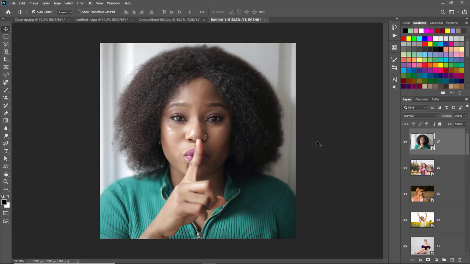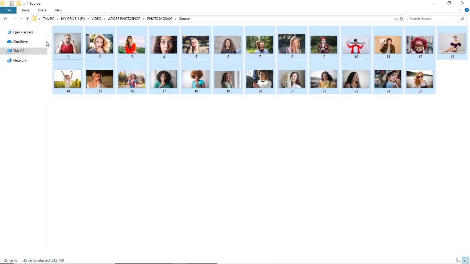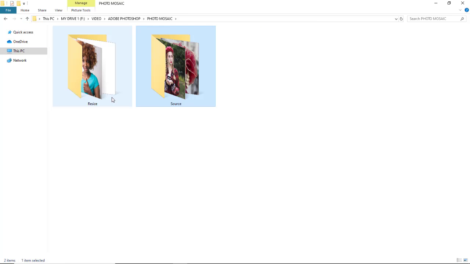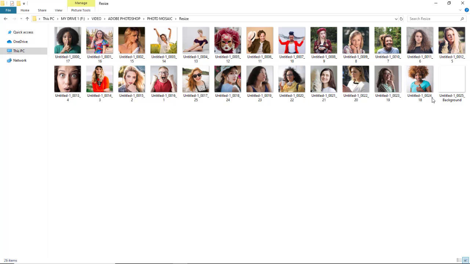Click on the OK button. Now we can see that in the Resize folder, all images have been exported in the same dimension. We will delete this image.